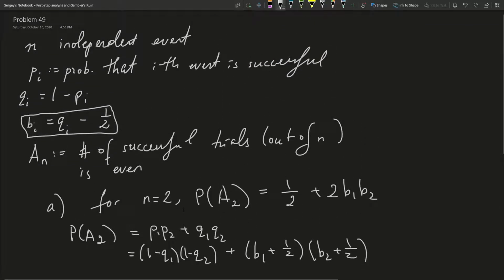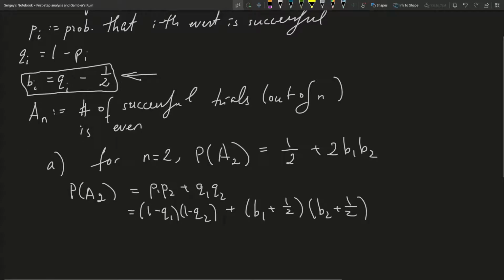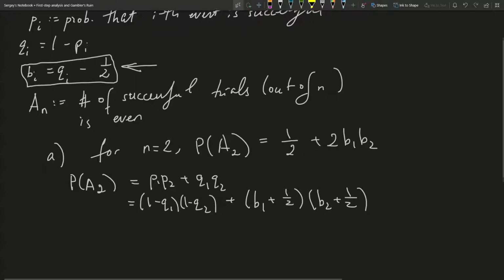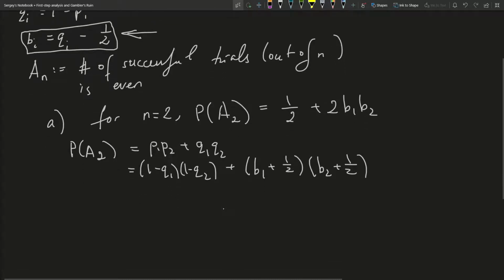We can see from the very definition of b sub i that if we move the 1/2 to the left, we're left with q sub i on the right side. So we can replace q1 with b1 plus 1/2 and q2 with b2 plus 1/2. And now 1 minus q1 we can replace with 1/2 minus b1, and 1 minus q2 is 1/2 minus b2,